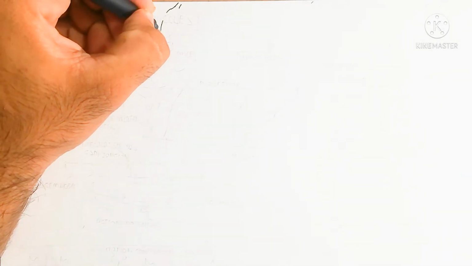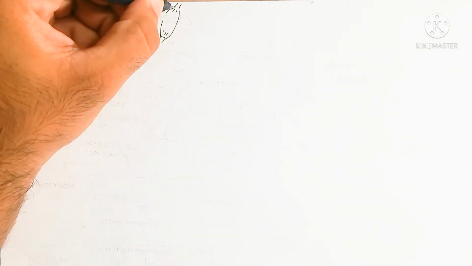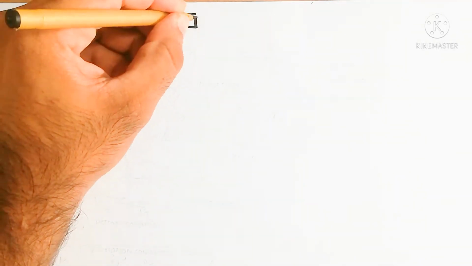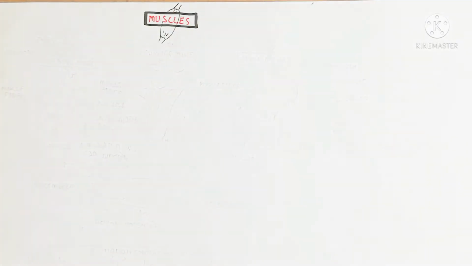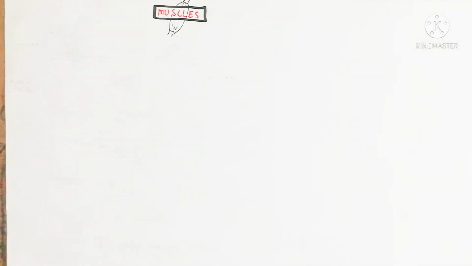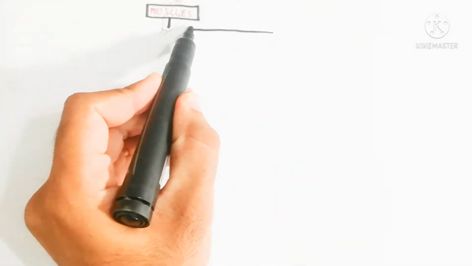Hello, in this video we will look at the muscles. Basically, we will understand the types of muscle and their physiology on the basis of their structure and their types. For example, a muscle is used for contraction and relaxation for locomotion as well as